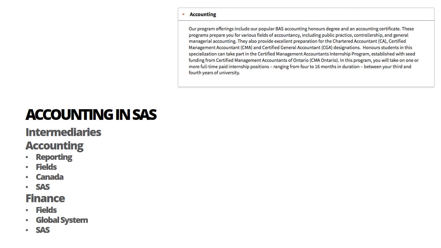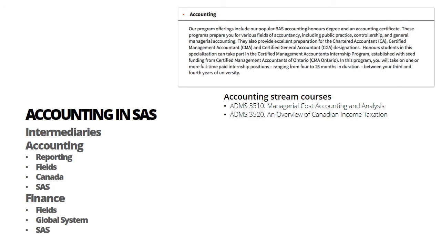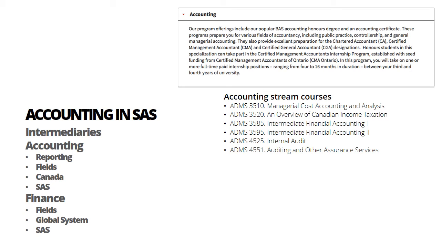Beyond those 2 courses, there are many others that you can take in the accounting stream. These include ADMS 3510, Managerial Cost Accounting and Analysis; ADMS 3520, an overview of Canadian income taxation; ADMS 3585, Intermediate Financial Accounting 1; 3595, Intermediate Financial Accounting 2; 4525, Internal Auditing; 4551, Auditing and Other Assurance Services; 4562, Corporate Taxation in Canada; 4590,